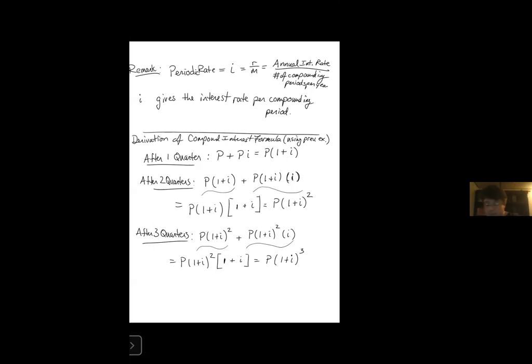I'm not going to fit this on this page, so I need a new page. Am I going to give both formulas? There's one formula with the I rate, and then there's one with the R over M rate. I guess I'll give both. Compound interest